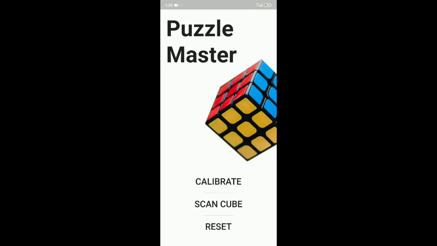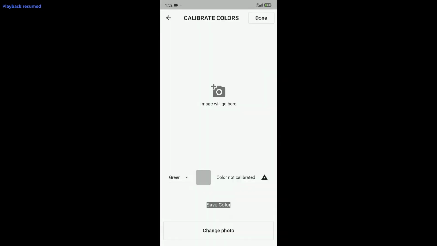Pressing the reset button can help the user get rid of those errors and get a smooth experience out of the app. The Calibrate button takes the user to the Calibrate screen, which allows the user to calibrate the color palette of the app according to the specific cube. As each cube has a slightly varying color scheme, calibrating the colors of the app to the cube can help increase the accuracy of the app